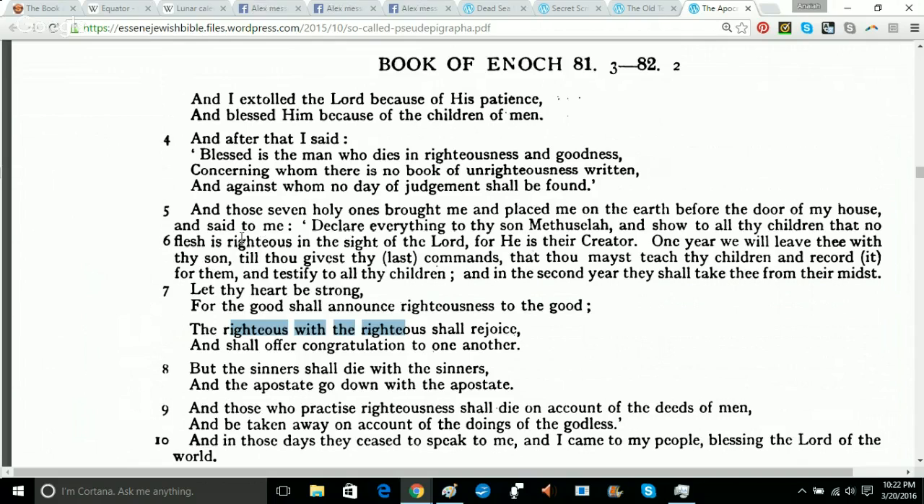He says, no flesh is righteous in the sight of the Lord. Then he says, the righteous with the righteous shall rejoice. So is that a contradiction? No, sometimes the scriptures speak in a different meaning. Humans and flesh can be righteous. But